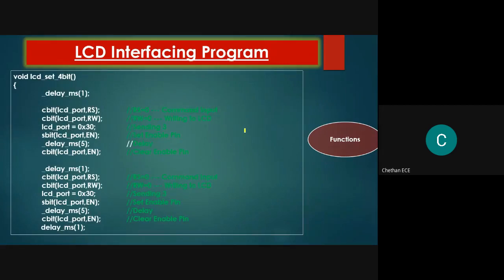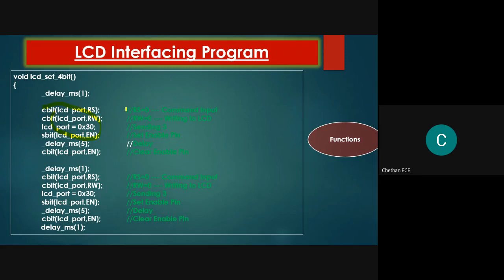And the most important thing is this one. We are initializing the LCD. To initialize the LCD, we have to perform a reset operation. You can observe that RS is 0, RW is 0. I'm sending the command 30. We have to enable this signal by sending a high-low pulse. High can be performed by the S bit and low I'm performing by the C bit. Okay, this completes 5 lines of information.